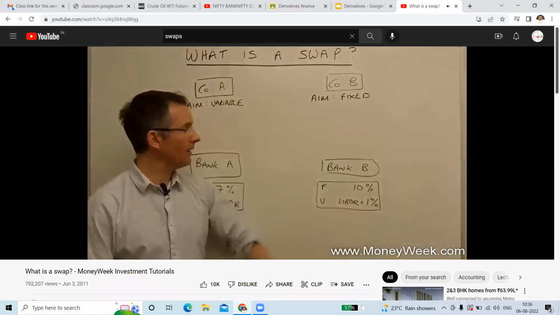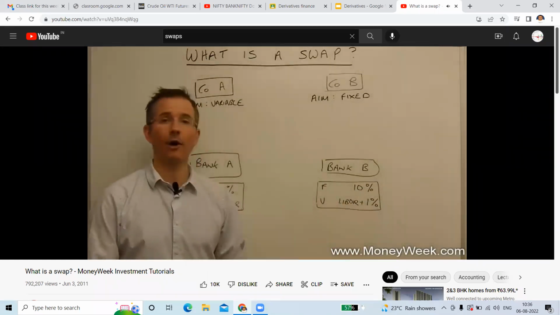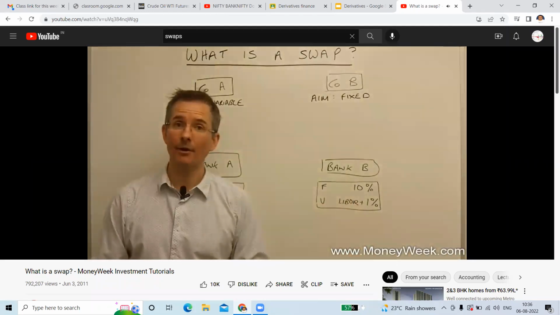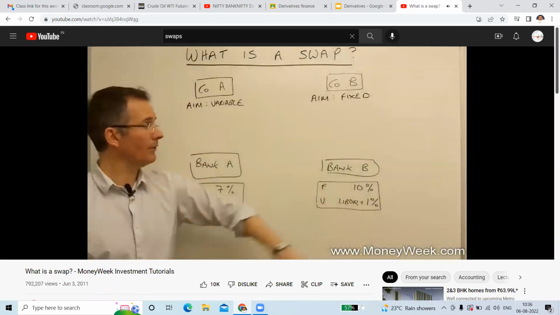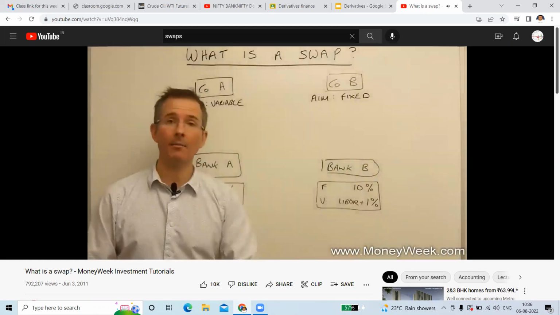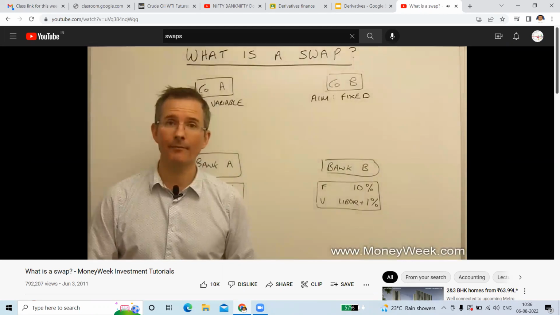So if in 3 years' time, LIBOR's 8%, you're paying us 9. If in 5 years' time, LIBOR's 10%, you're paying us 11, and so on. Or you can just take a fixed rate, so when you get out of bed in the morning, you know exactly what you're paying, but that's 10%, take it or leave it.